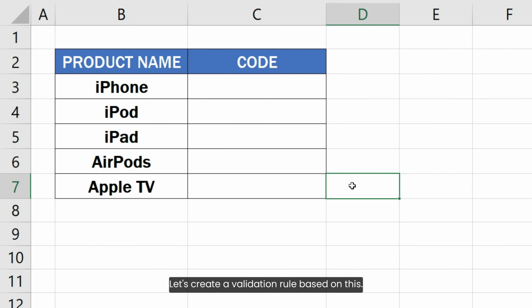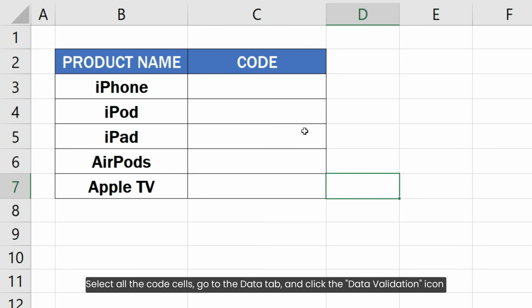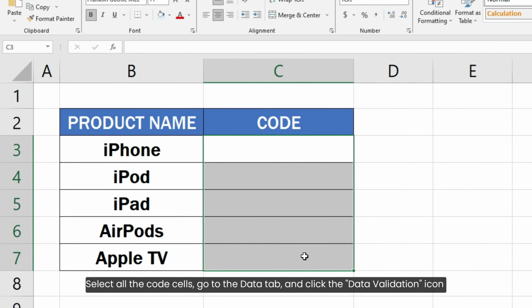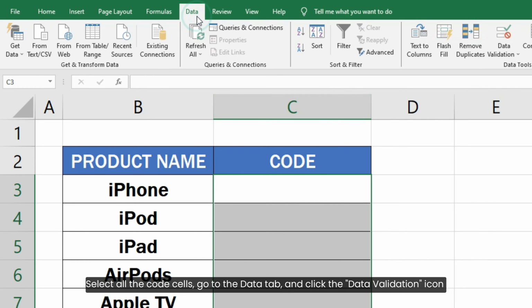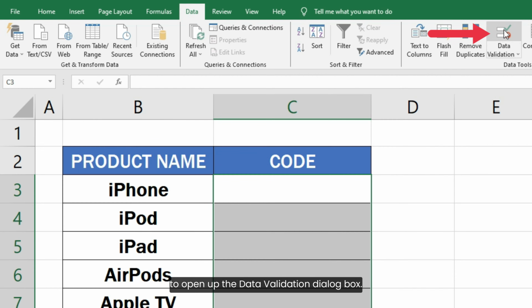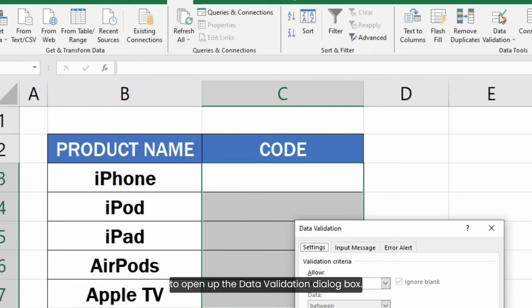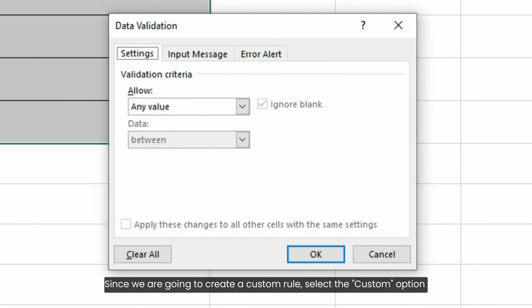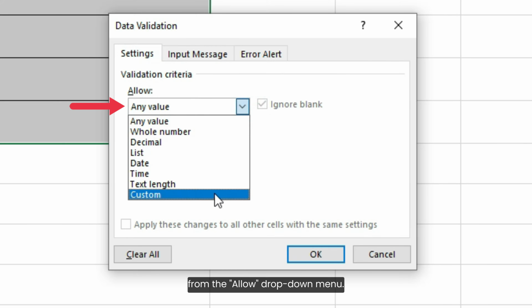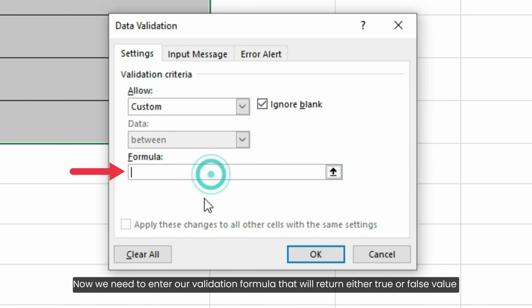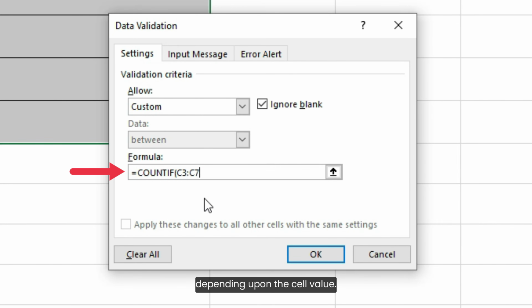Let's create a validation rule based on this. Select all the code cells, go to the Data tab and click the Data Validation icon to open up the Data Validation dialog box. Since we are going to create a custom rule, select the Custom option from the Allow drop-down menu. Now we need to enter our validation formula that will return either true or false value depending upon